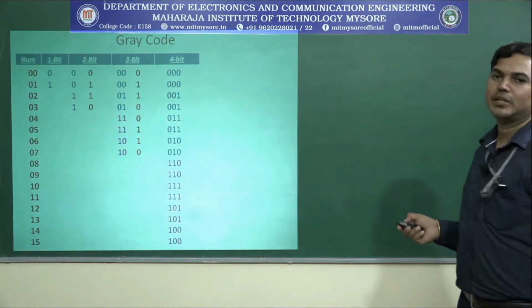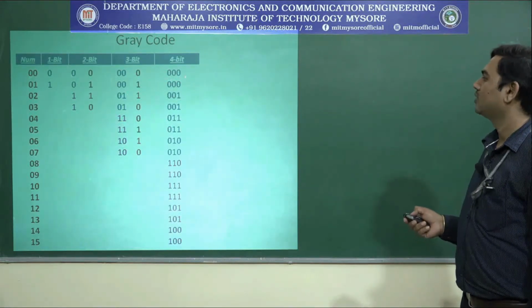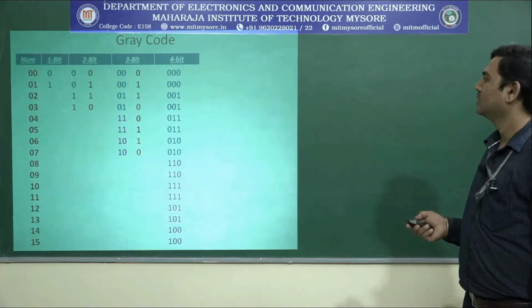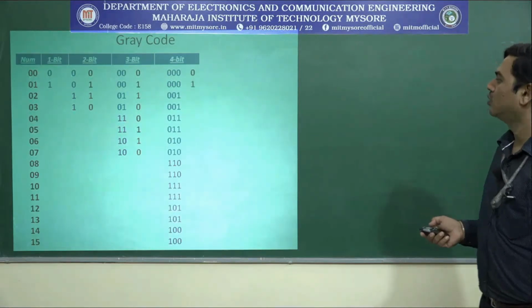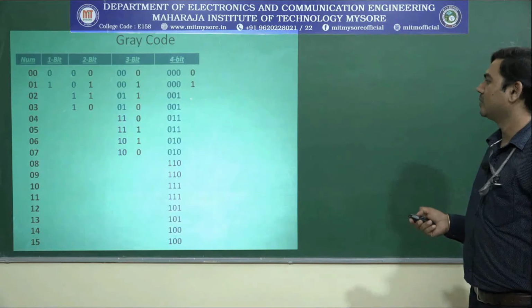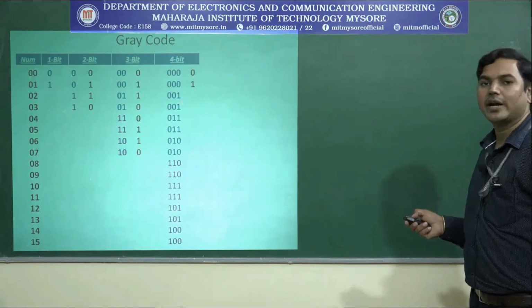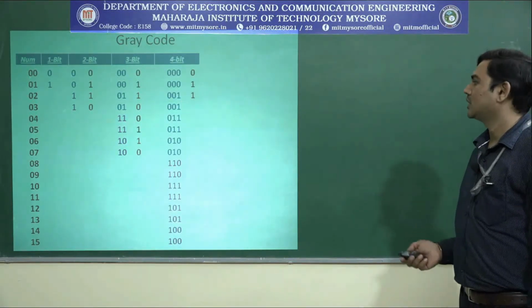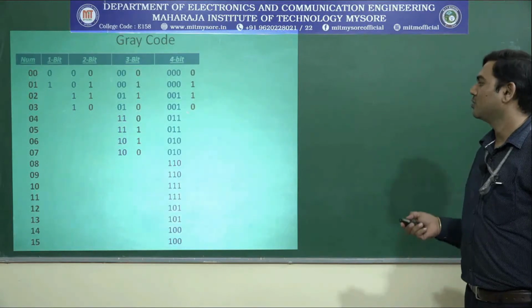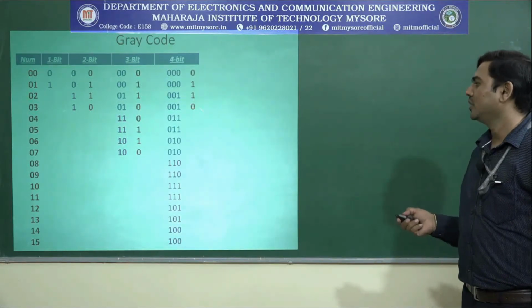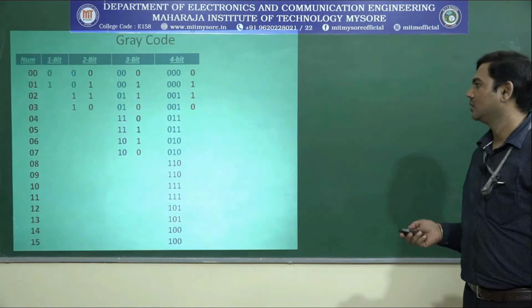What is that? That should be the LS bit toggling. So again, let us fill 0 here. The next toggle bit is 1. It should be a mirror image here. 0 1 means now we have to write 1 0. Let us write it 1 0. What should be filled in this place? It should be 0 then 1, the mirror.